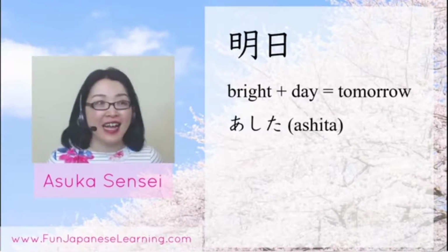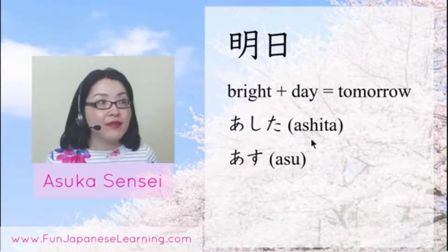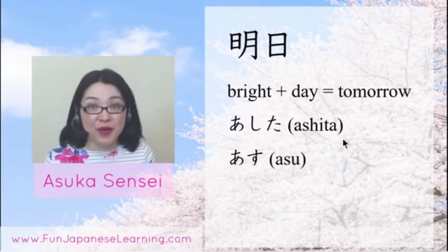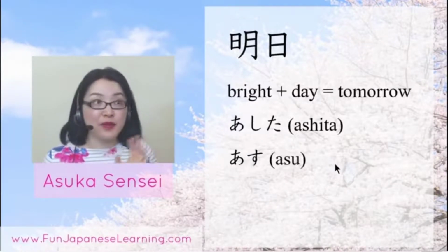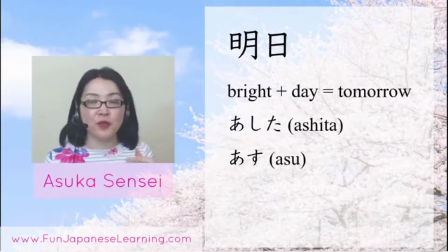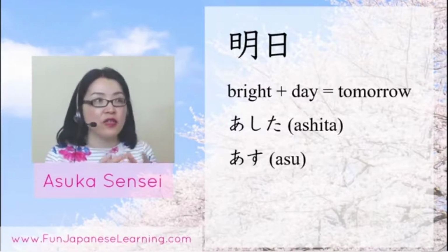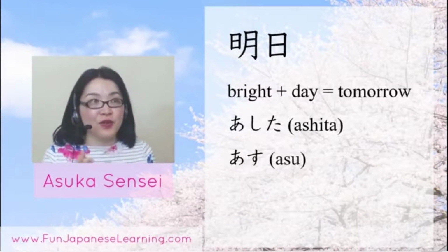So we pronounce it ashita. Or we also have a different pronunciation, asu. The same kanji word, same meaning, tomorrow, but we have 2 pronunciations, ashita and asu. Both mean tomorrow. Ashita is used in daily conversation, the more common daily word. Asu is relatively formal. Maybe when we read a notification saying that tomorrow you should bring such and such, kind of a notice. The writer intends to use the same word, but